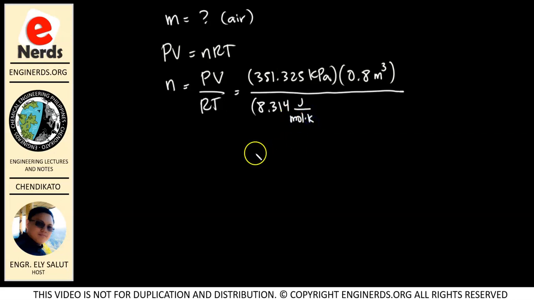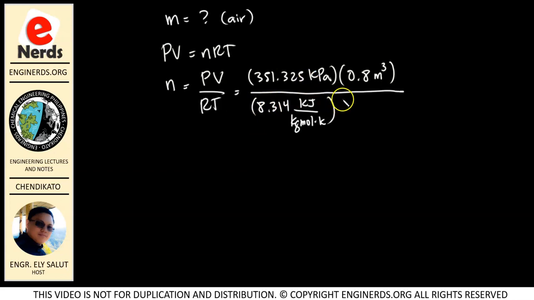Okay? Kaya lang, kung makikita ninyo, this is in kilopascal. So, therefore, itong ating joules and moles should be also expressed in kilojoules over kilomole. But given that, we also have to multiply this by 1,000 over 1,000. So therefore, this is also equal to 8.314 kilojoules per kilogram mole Kelvin. So kinonvert lang natin sa kilo itong joules and kilo itong moles natin. So, it will be 1,000 divided by 1,000. So, it will be cancelled out, yung numerical values natin. So, therefore, it will just be equal to the same,